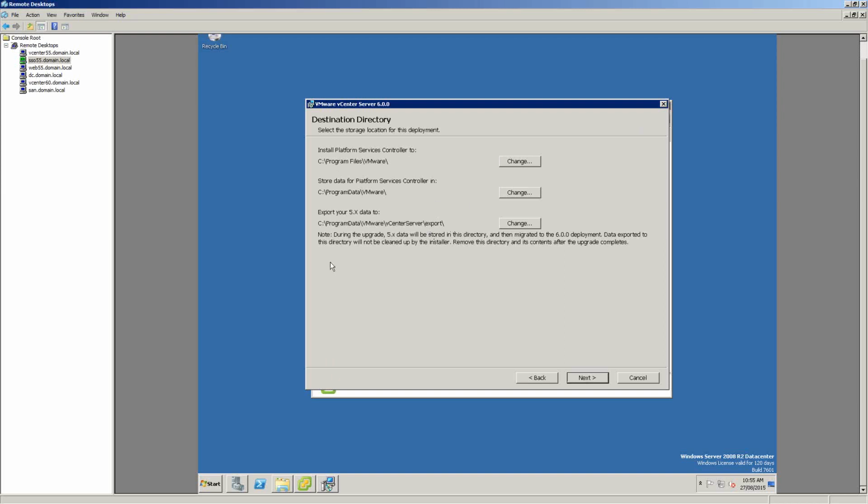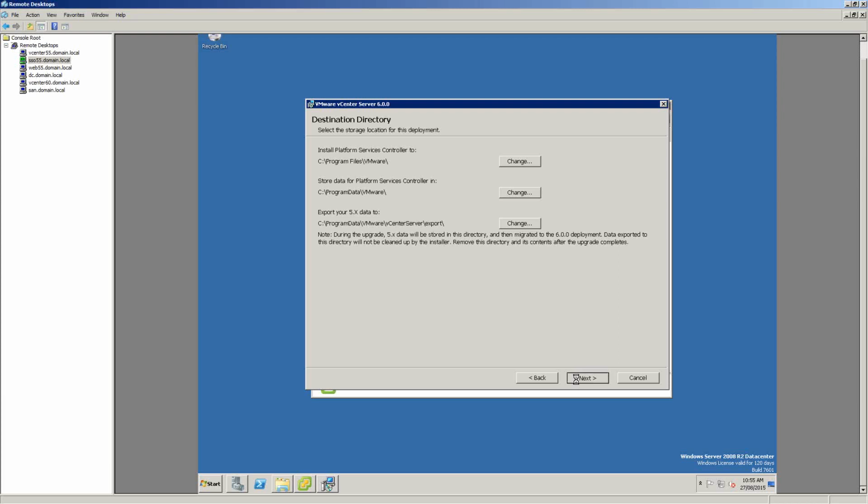And the other thing about the upgrade to 6 is that it lets you choose where you can deploy it to. And during this upgrade process, it will spit out the 5.x data to that location, and after the upgrade, that is not deleted, so you need to do it manually. So especially for your VCP test, stuff like this is quite important. They may ask you where data goes and if it'll be cleaned up after the installation is complete. It's not, so you remove this directory after the upgrade completes.